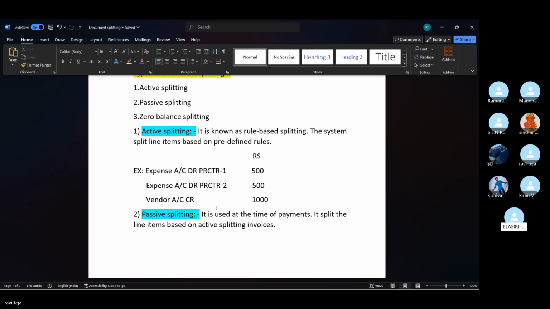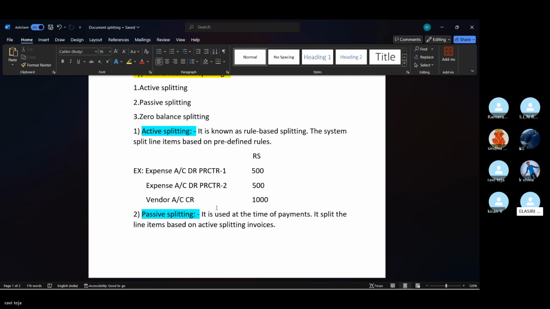We have to treat them as submodules. Document splitting is used to bifurcate the transaction based on the process. While you are posting the GL entry, it has to be bifurcated in the GL only. It does not go to the vendor, customer or asset.